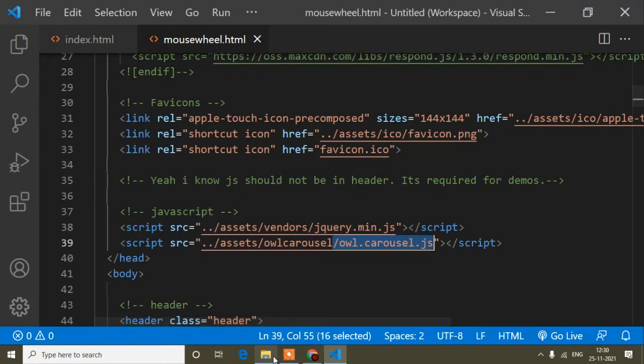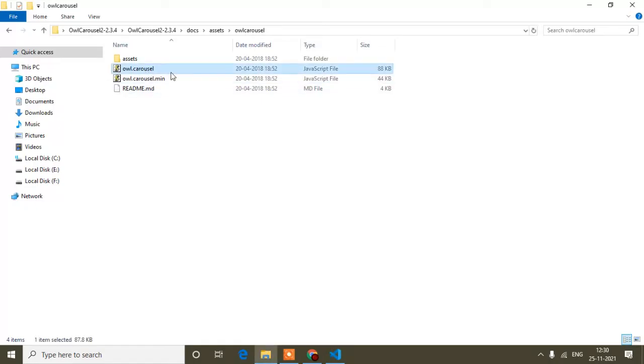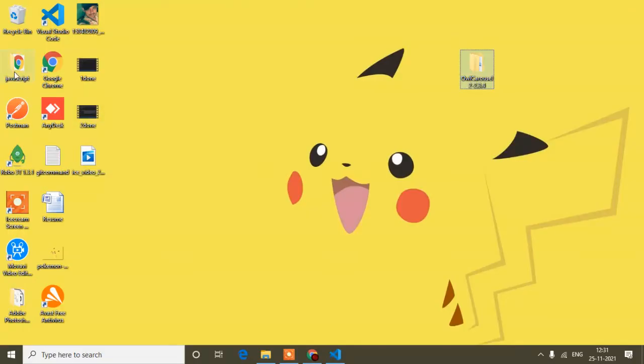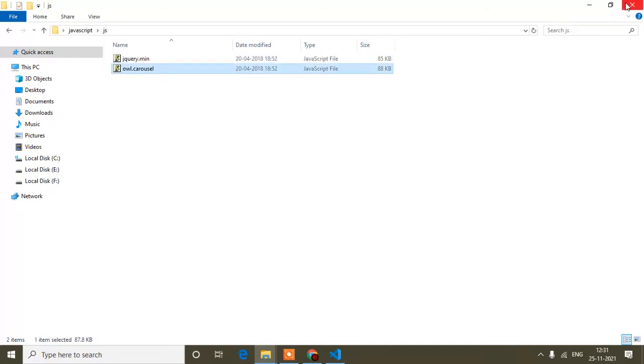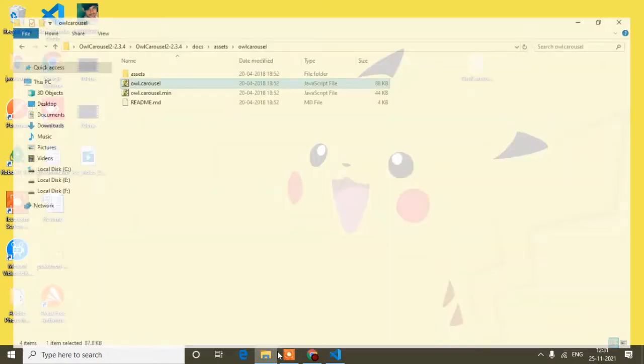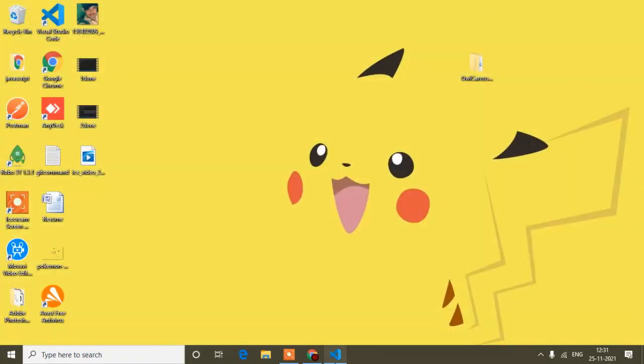So that means this one only, not here. Okay, so I will copy this one, and again I will open my folder and here JS, and simply paste. Okay, now it is time to implement this JS which I pasted in my folder.